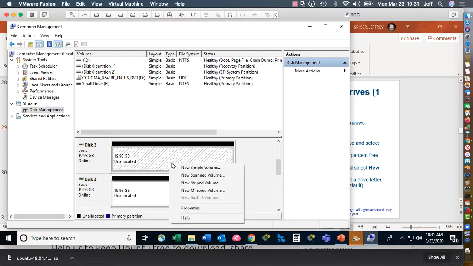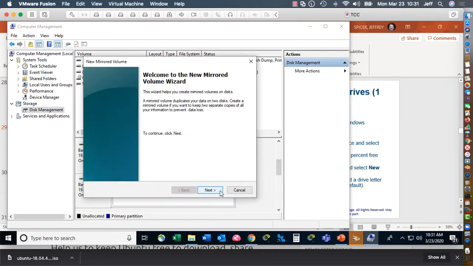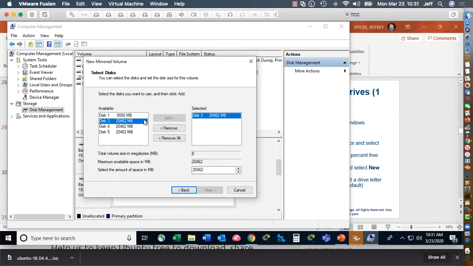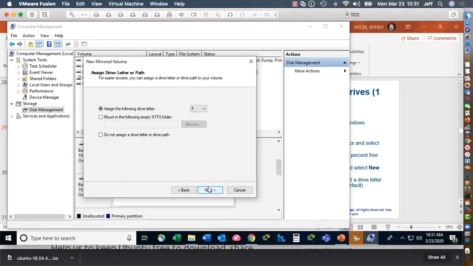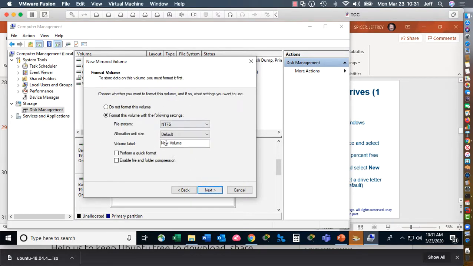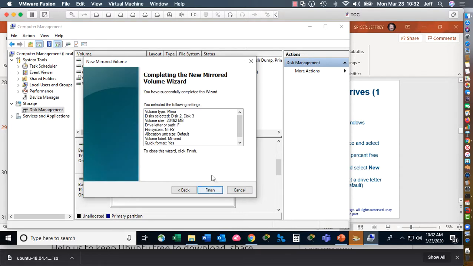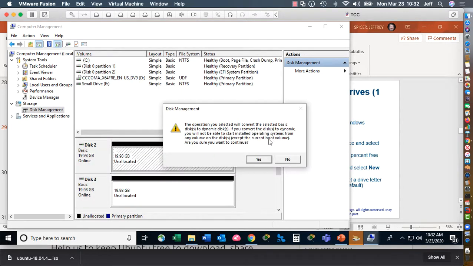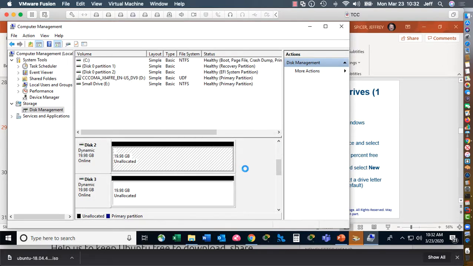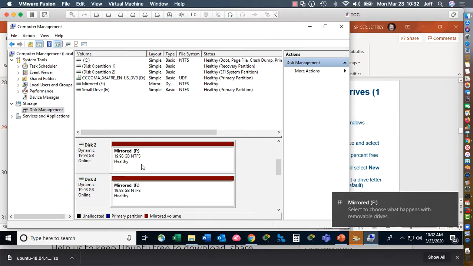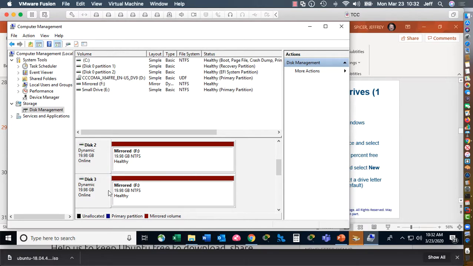So what I'm going to do though is we'll just do a mirrored volume, right? So this we can do, so disk 2 and disk 3, if I do this and assign it to the F drive, NTFS, and we call it mirrored and format. Now once again it needs to be a dynamic disk, we say yes. So now in this case, the data is mirrored between these two. Once again, there's no real value on a virtual machine where there's only one real actual disk,